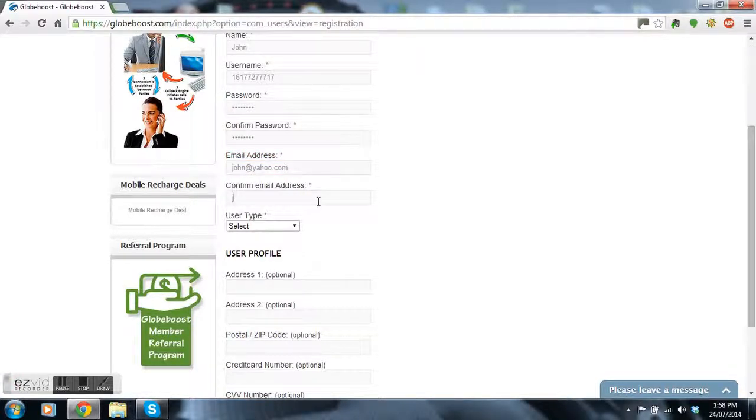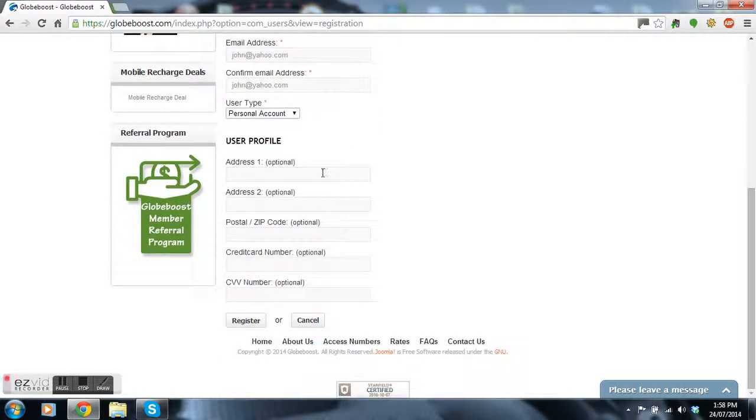Your user type, so here we're confirming the password, and the next section is the user type, and always it has to be a personal account. So once you select that, we'll move to your personal profile section. Here you put in your address, home address,